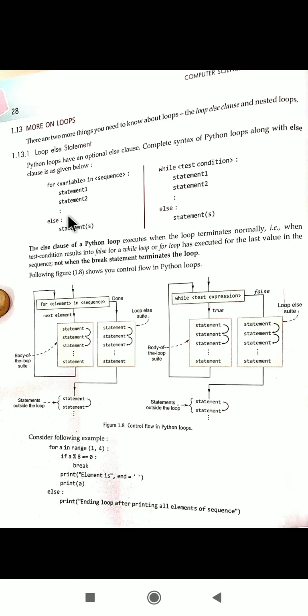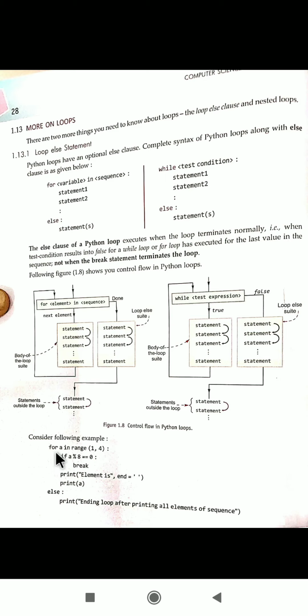This else will work only when the for loop or the while loop is terminating normally. If it is terminating using break or continue statements, or the loop ends because of some problem, then this else will not get executed. If it is terminating because the condition has become false, then only the else will get executed. Let us take an example to make it more clear.